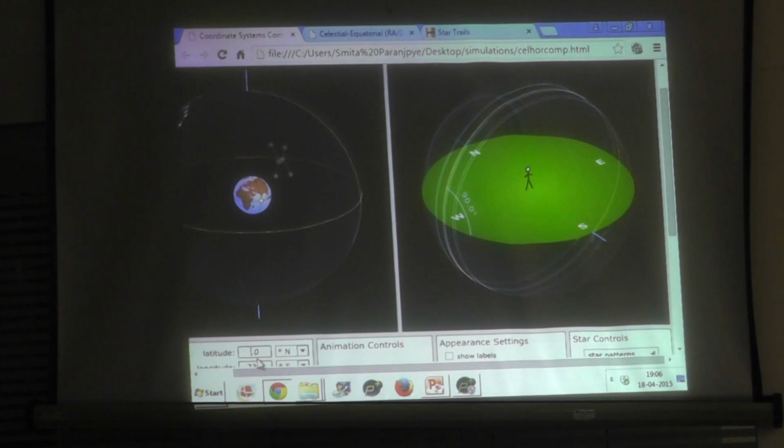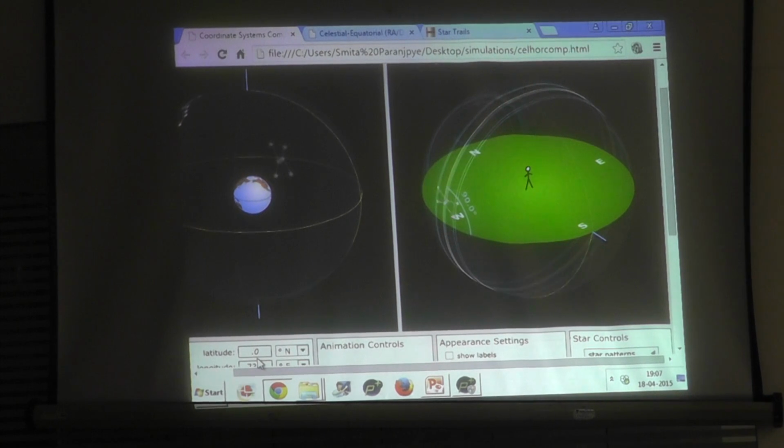Now let us say we want to go to the North Pole, 90 degree latitude. So what will happen at the 90 degree latitude? The pole star will go up. So where would the celestial equator now be? What did I say declination was? The angular separation with respect to the celestial equator. Correct? So if my pole star is at the zenith, at altitude 90 degree, what is the angular separation indicating about the celestial equator? That the celestial equator will be at the horizon, at the North Pole.